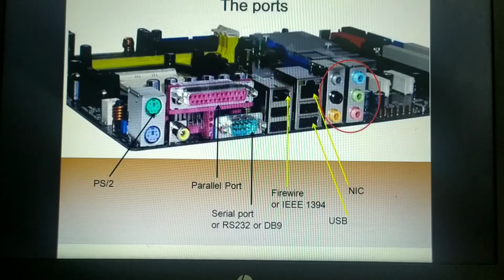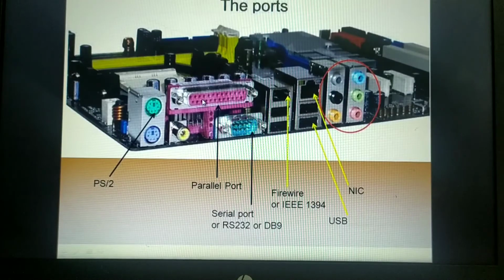Now almost all modern computers have 2 serial ports installed on the rear side of the computer, and these come in 2 varieties of communication ports or serial ports. One will come with 9-pin ports and the other with 25-pin ports. Older motherboards usually had only one serial port, but newer computer systems usually provide 2 serial ports, and these serial ports might be at least one of the 9-pin ports or the 25-pin ports. So moving on to the next, that is the parallel port.